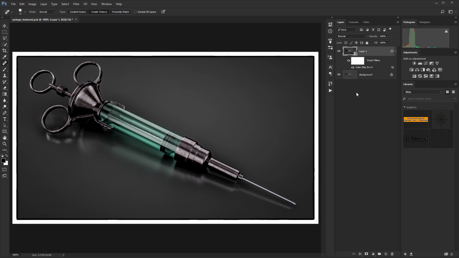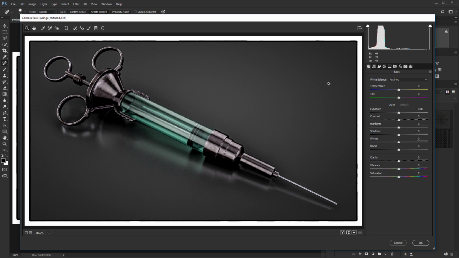And now what I try is to make it here a little brighter. So I just make another smart object out of it